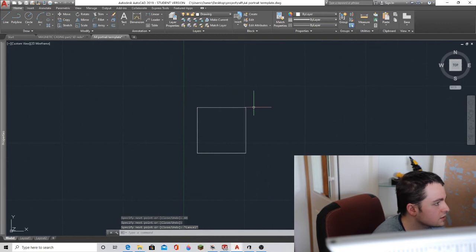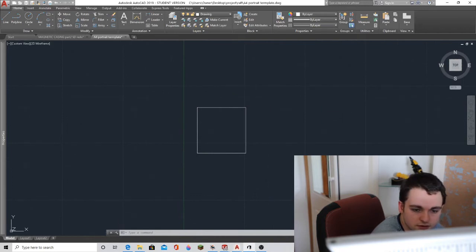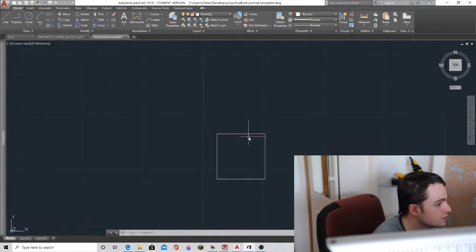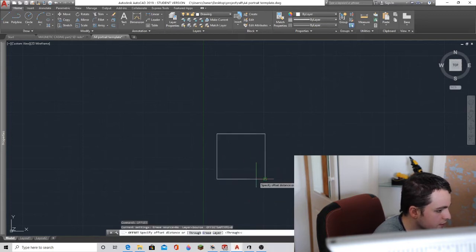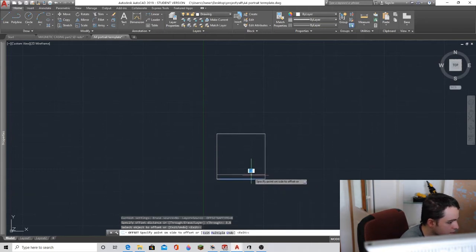And then it had an inside of, let me take my measurement, an inside of 3.8, so an offset. So if I select all my objects, offset, and then 3.8, trim, TR, trim the unwanted lines,